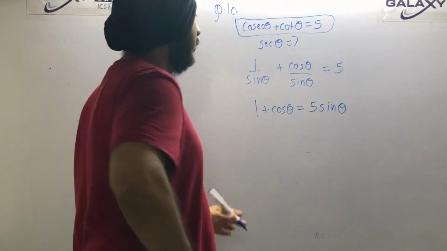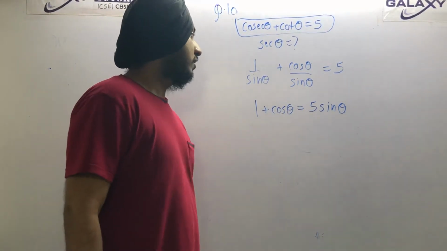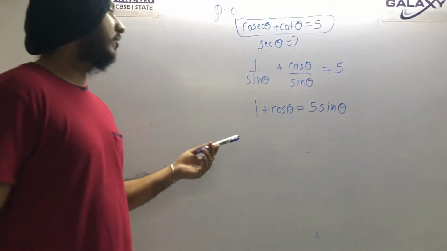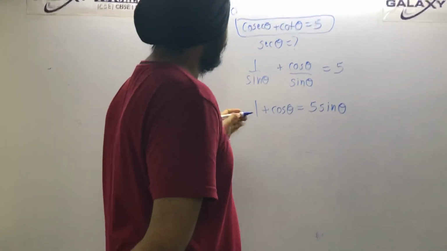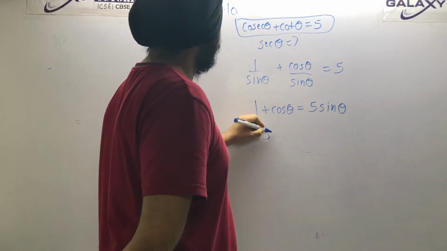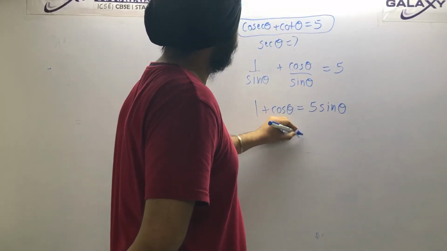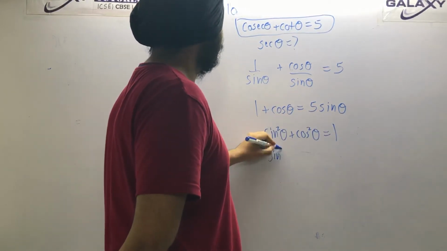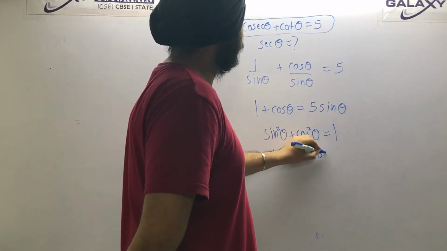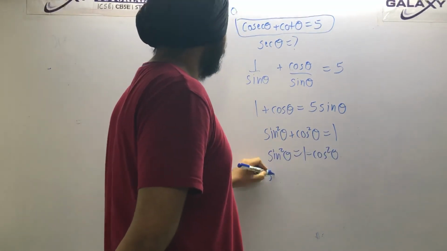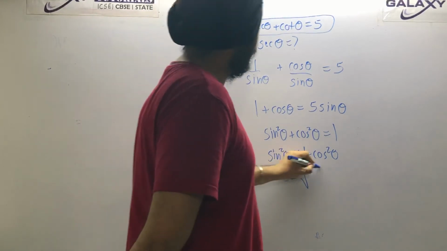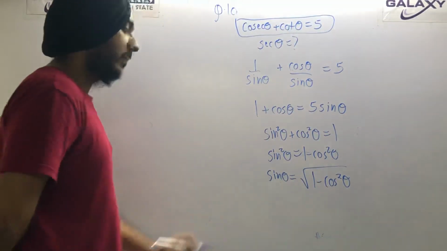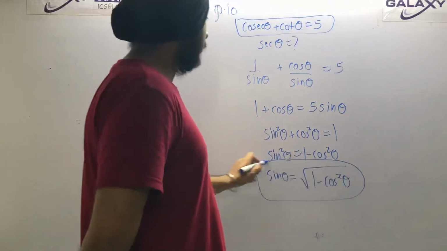Okay, so now in this expression, if you find the value of cos, then you can find sec, because sec is just the inverse of cos. You know that 1 upon cos is sec. So how to find? First we will convert sine to cos. So sin square theta plus cos square theta is 1. So sin theta will be under root 1 minus cos square theta. Is this right? Yeah, this is the value of sin theta.